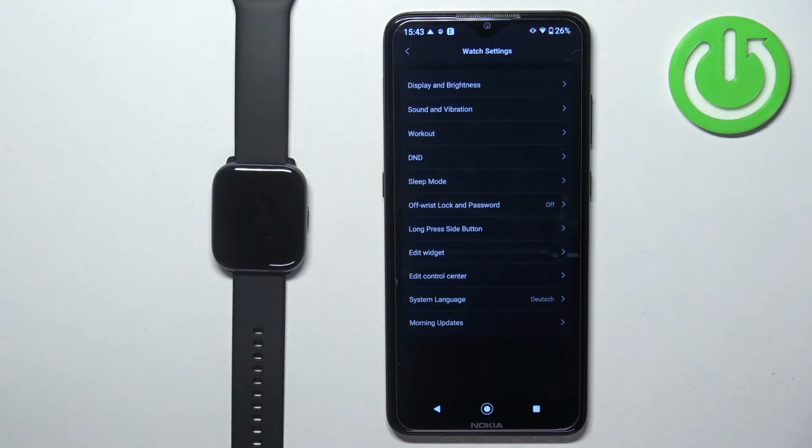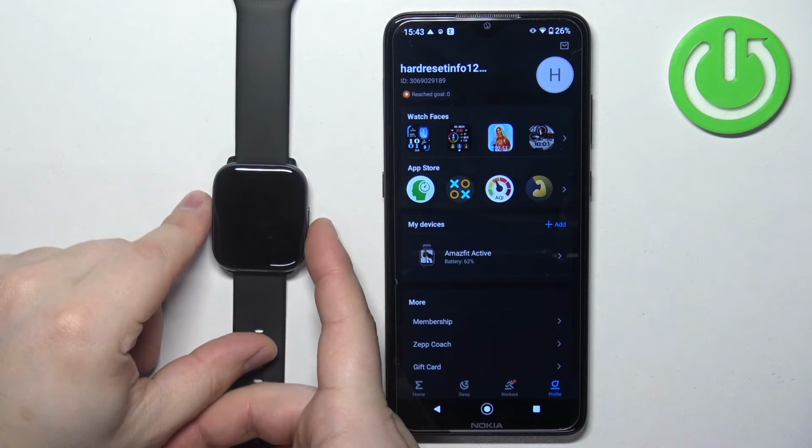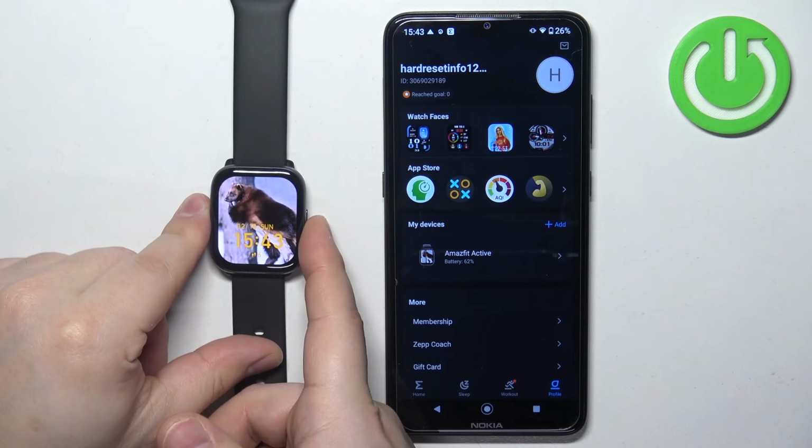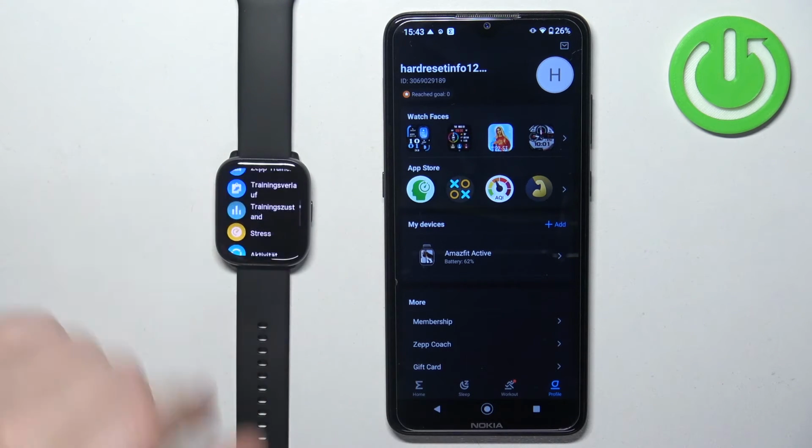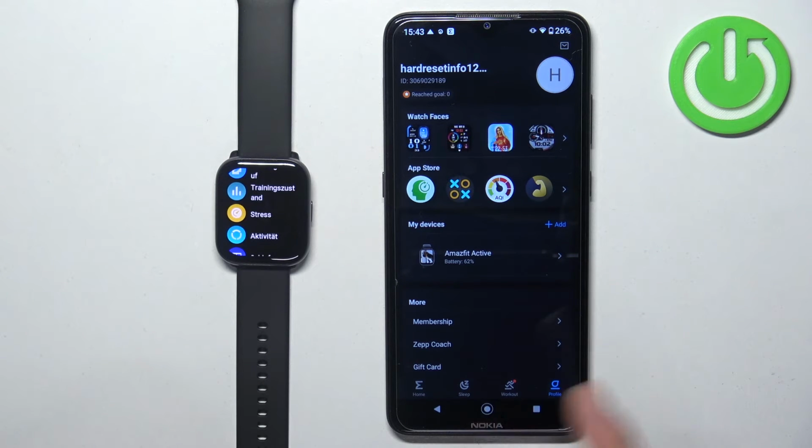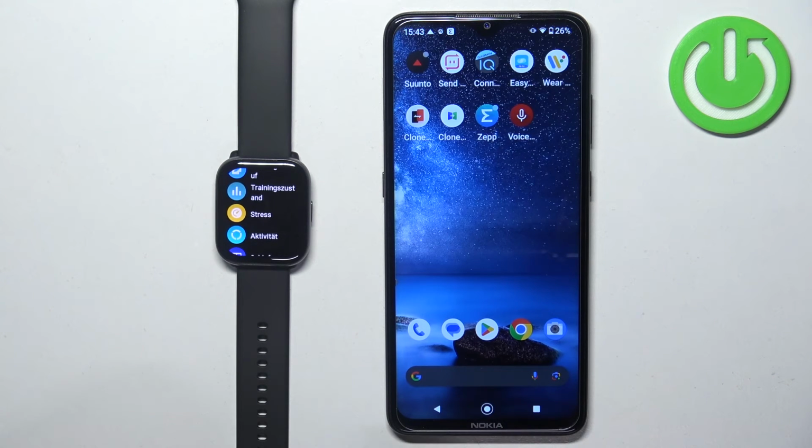Okay, now we can go back, and the language should be applied. So if we open the menu, as you can see, the language changed. And of course, once you're done, you can close the application, and that's how you change the language on this